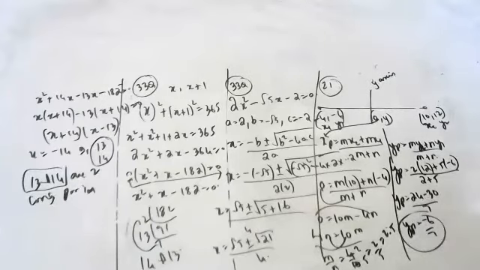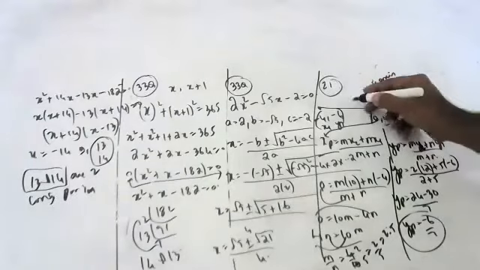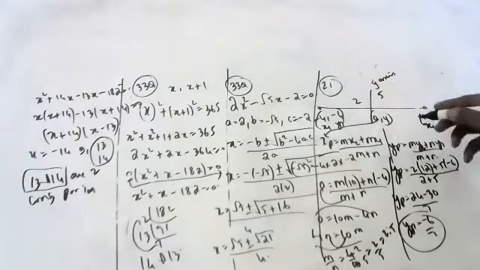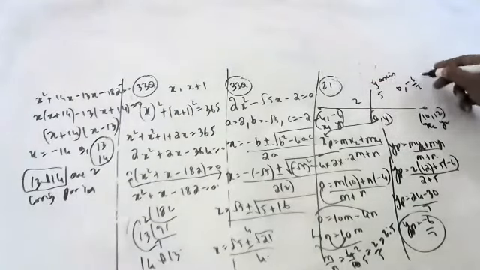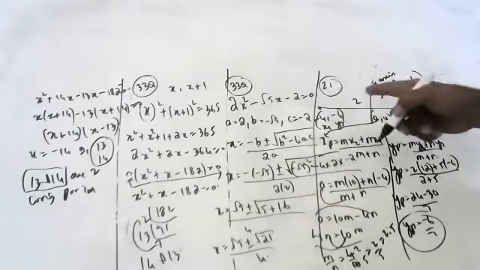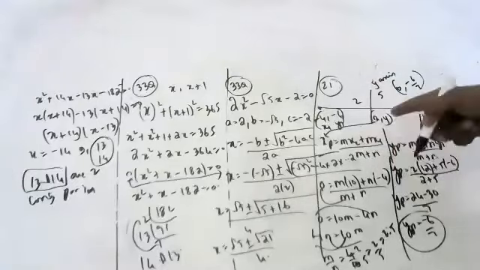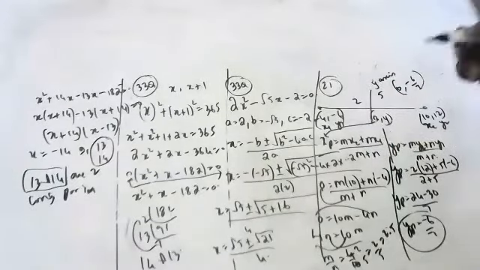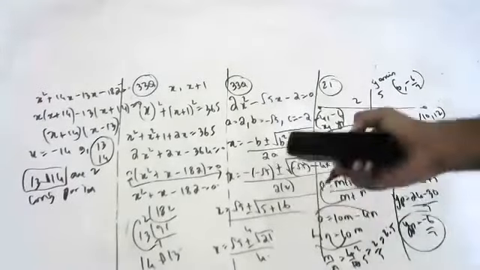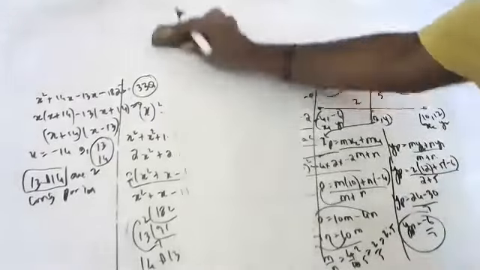So what is the ratio, children? The point (0, minus 6 by 7) is dividing this line in 2 is to 5 ratio. Again I am saying, (0, minus 6 by 7) divides this line in 2 is to 5 ratio. Like that you have to: using 0 find the ratio, using the ratio find y. On the y-axis, the x coordinate is 0. You should be very much perfect with these sums. Very, very easy sums.